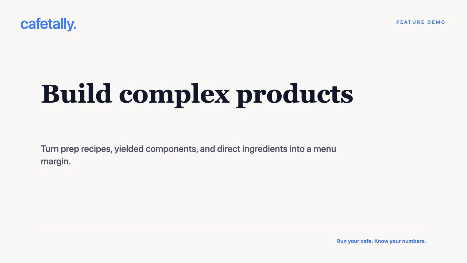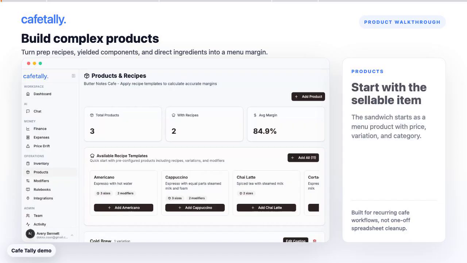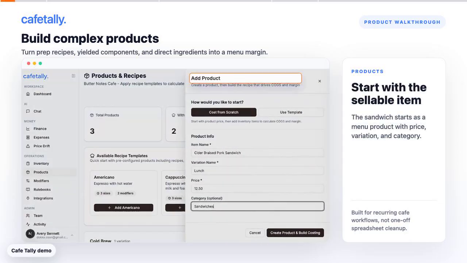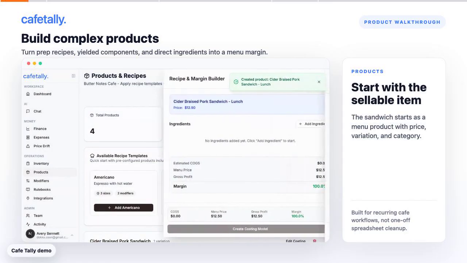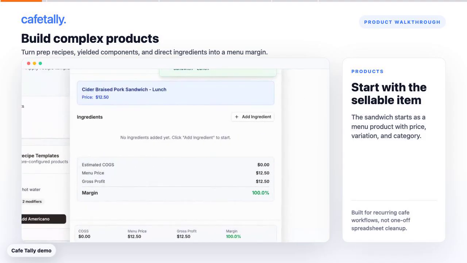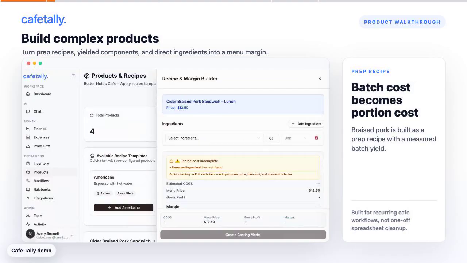Sean got pulled into a last-minute Costco run, so I'll walk you through how CafeTally helps you build complex menu items and understand your margins. Let's build a braised pork sandwich with a few layered components: cider-braised pork, apple cabbage slaw, brioche rolls, and garlic